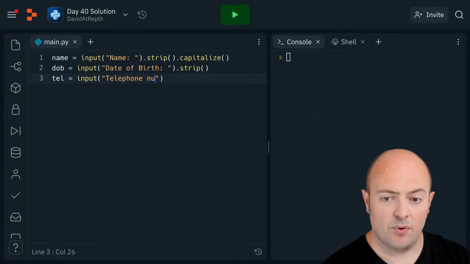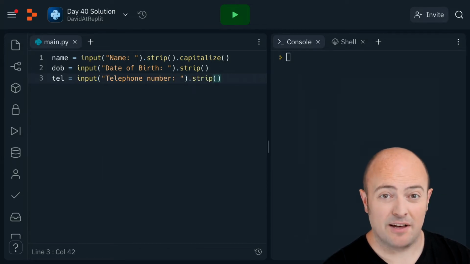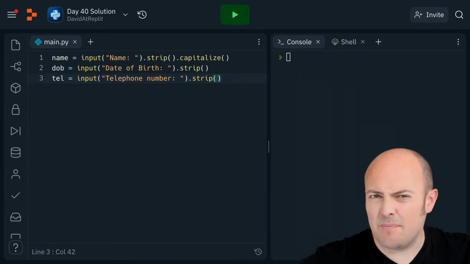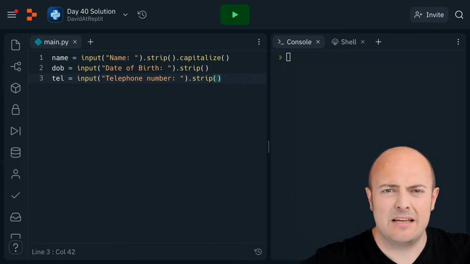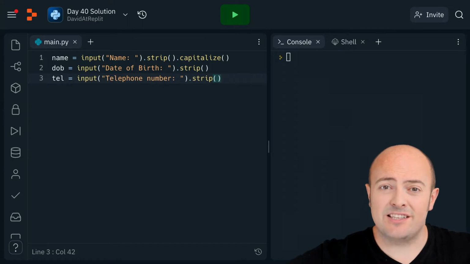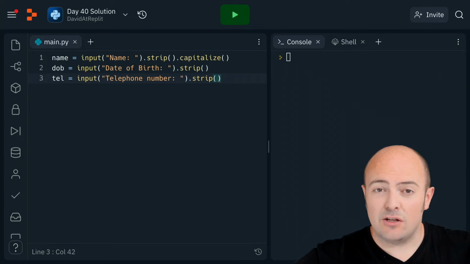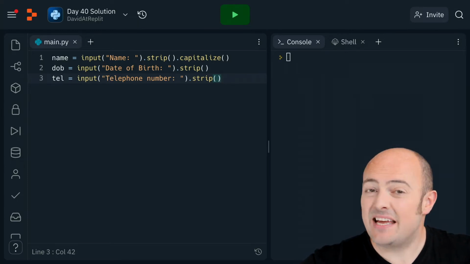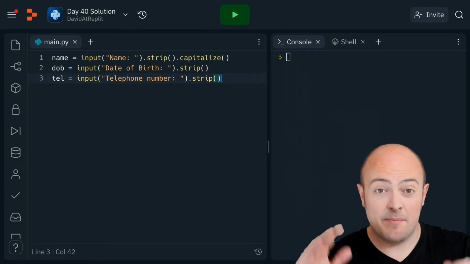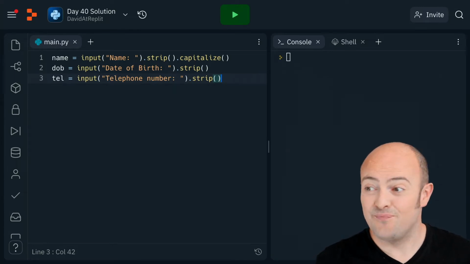Now, one important thing to remember about a telephone number is we never, ever cast a telephone number as an int. And you might be going, well, why? David, you said to me that if it's a number, it should be cast as an int. And that is very true. But lots of telephone numbers internationally will begin with a 0. Now, if we tell a computer, here's a number, it begins with a 0, and it's an integer, the computer will go,